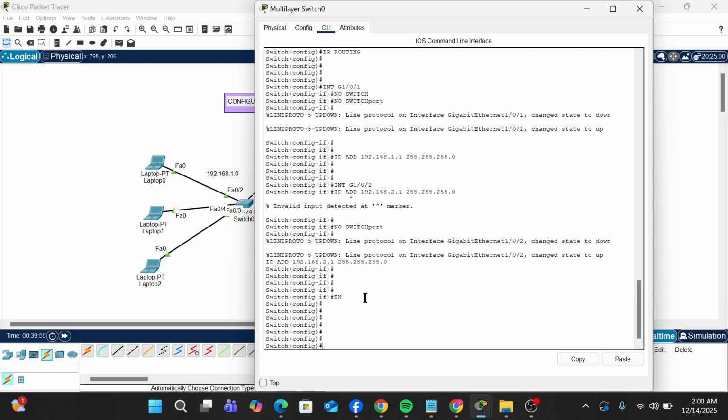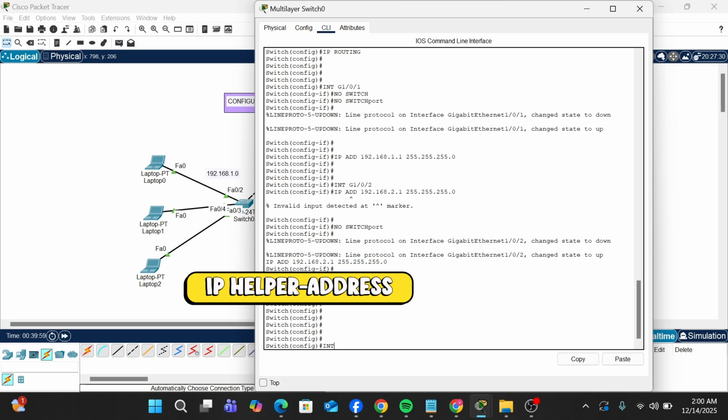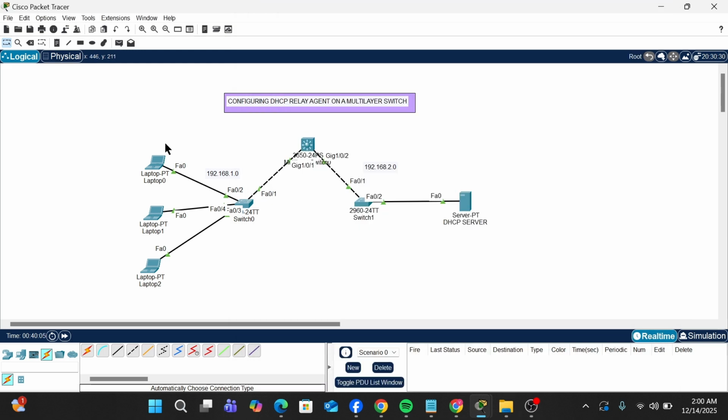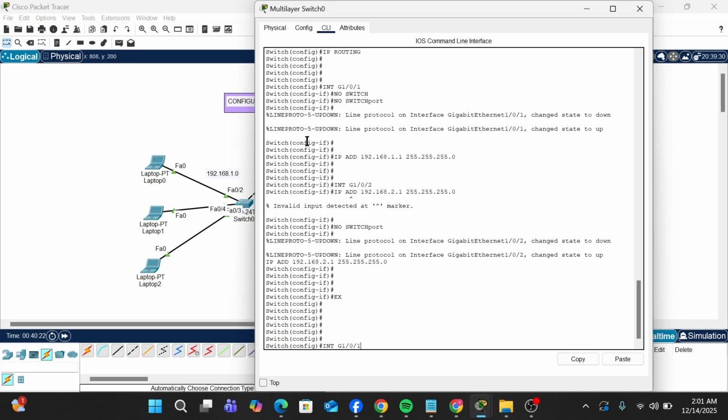We go to that interface and we configure something called IP helper. So interface gig 1/0/1, which is the interface of this local area network. Remember, they are the ones asking for an IP address from the DHCP. So we configure IP helper on the default gateway of this local area network, which is connected to interface gig